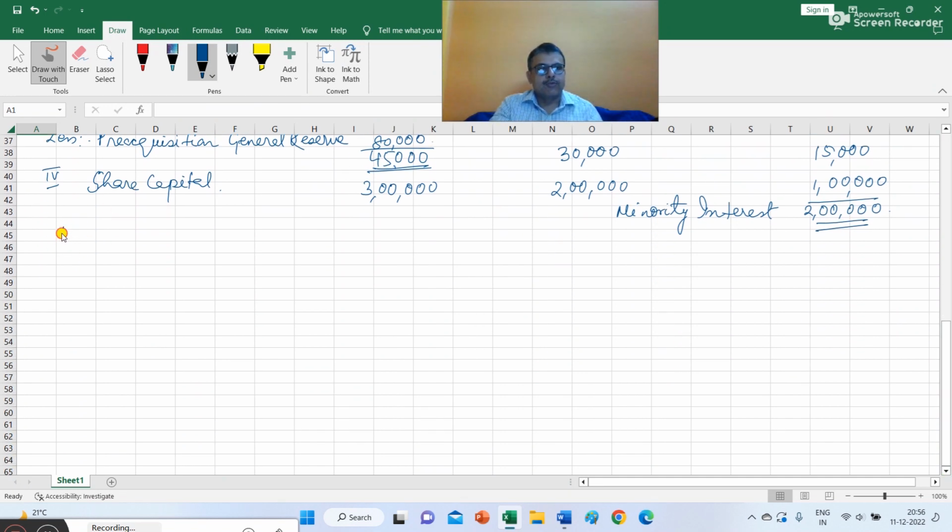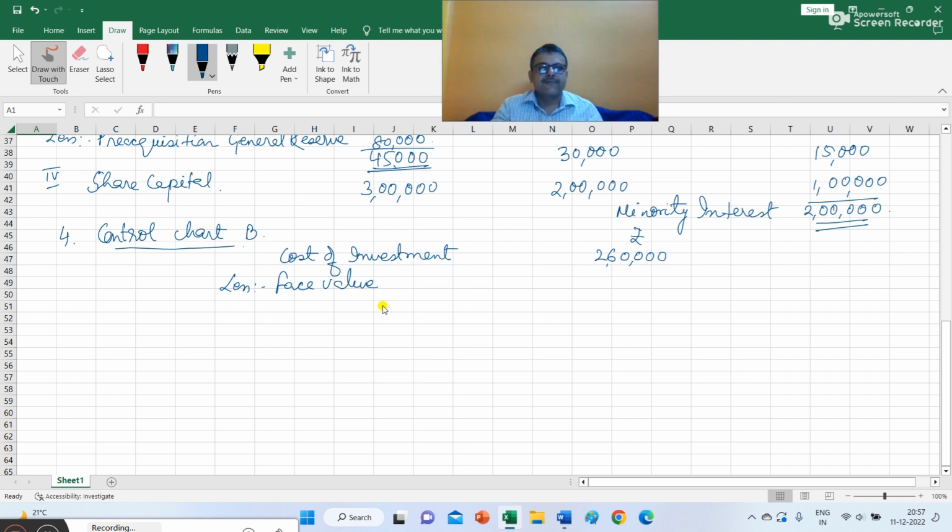And now we have to prepare control chart B. So this is point number 4, control chart B. So here in control chart B, we have to write the cost of investment. And what is the cost of investment? It is given in the question, 2,60,000. So Imperial Company Limited purchased 20,000 shares of Colonial Company Limited for rupees 2,60,000. So I have written here cost of investment 2,60,000